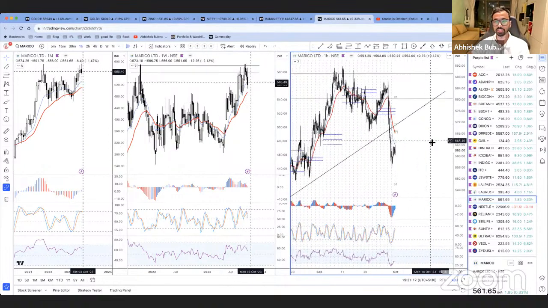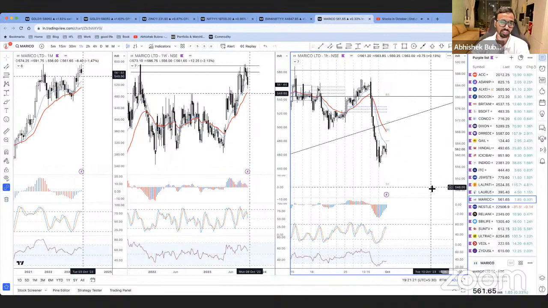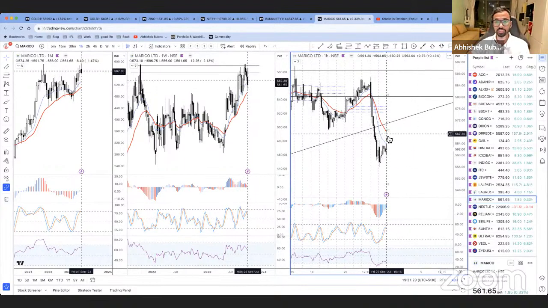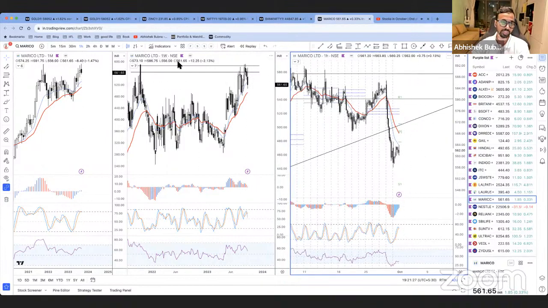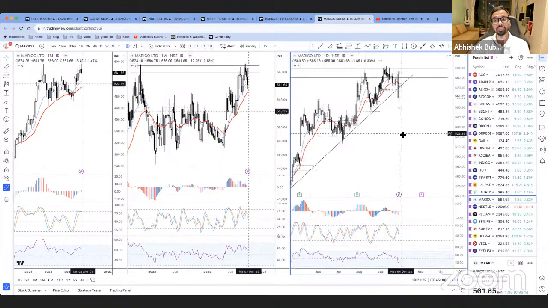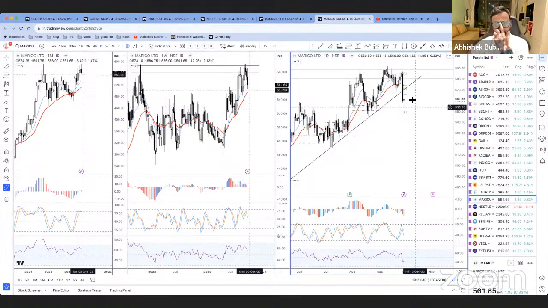Now, if you see here in the hourly chart as well, देखो या तो यहाँ से गिरना शुरू हो जाएगा and you can start entering. But if it does go above till the weekly CPR, which is also wide, until the trend line, then you might get an opportunity. Because the weekly CPR is also wide, maybe next week, which has only Wednesday, Thursday, Friday trading sessions. Right? That's good enough, actually.